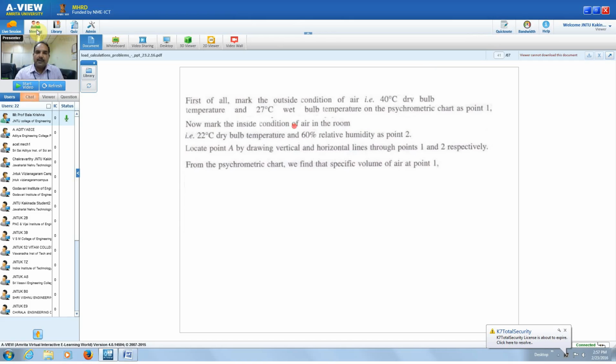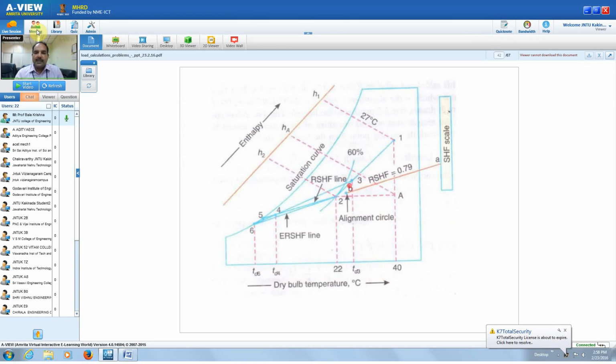Locate point A by drawing vertical and horizontal lines through points 1 and 2 respectively. From the psychometric chart, you can find the specific volume of the air at point 1. Go to this figure again. Once you know points 1 and 2, if you draw this line it will be the enthalpy. This is at point 1, enthalpy H1, and this is at point 2, enthalpy H2,